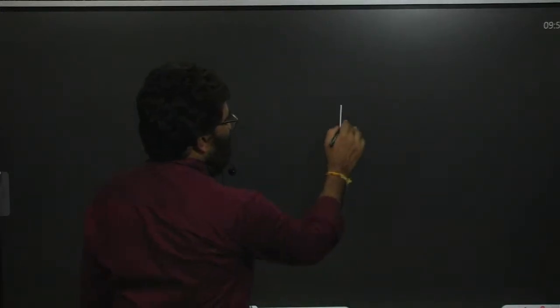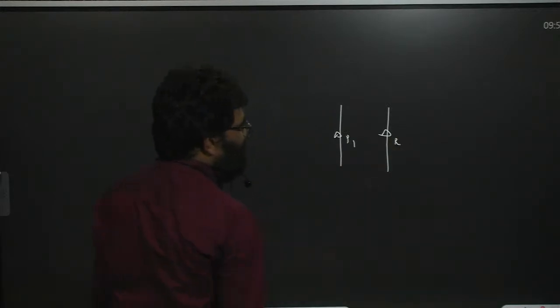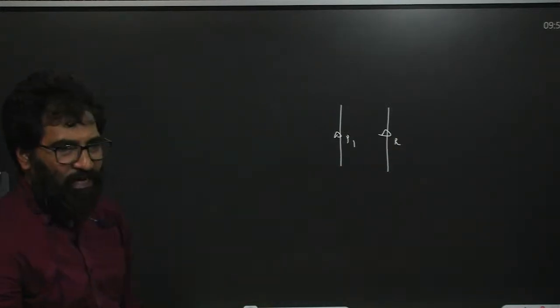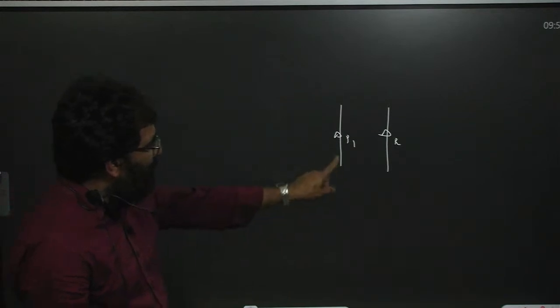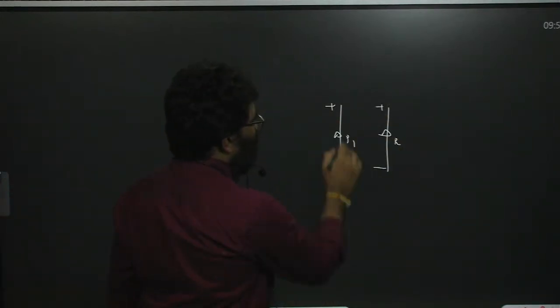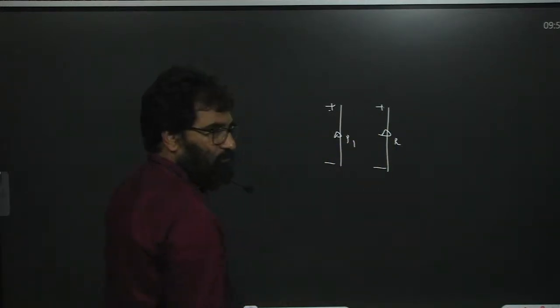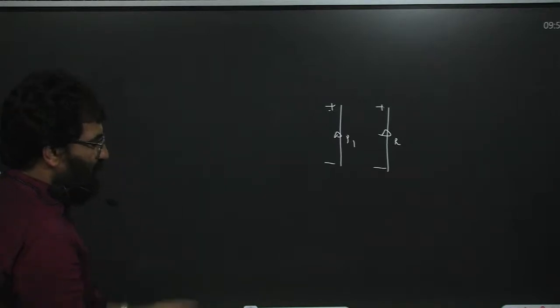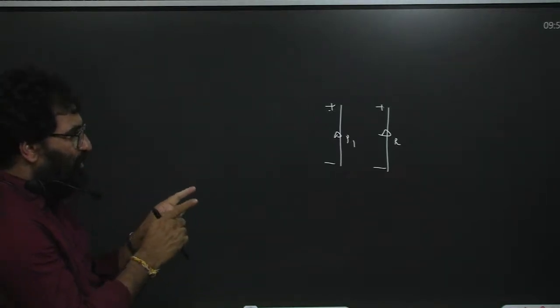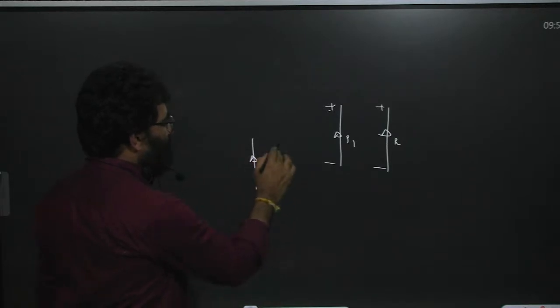When we keep two dipoles parallel to each other, P1 and P2, they will exert a force, repulsive or attractive. The dipole moment direction is from minus to plus only. Like charges are closer than unlike charges, so definitely they repel each other. When we keep two dipoles parallel, side by side, they repel each other. But in anti-parallel directions,